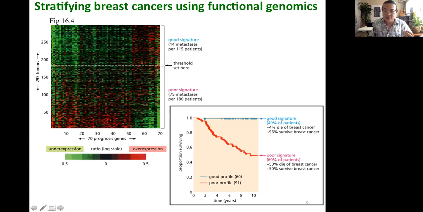You see a cluster of these tumors here. Let's say this is roughly 75 or so tumors up here that started off bright green over here, end up having bright red on this side, and vice versa on the bottom, right? Then what you do is you say, of these 295 patients, because each one of these tumors came from